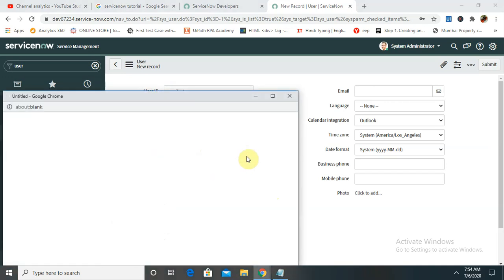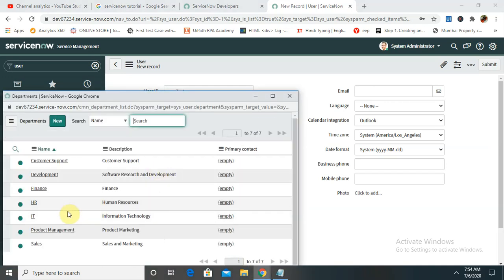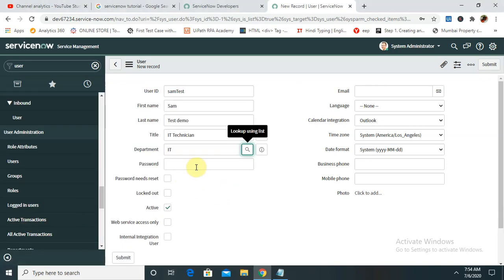Department: if you want to have a look at which department he resides in, mostly an IT technician is part of the IT department or information technology department, and some organizations call them helpdesk person. So let's select this.